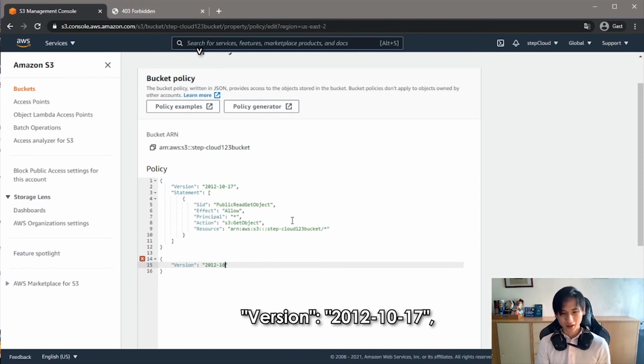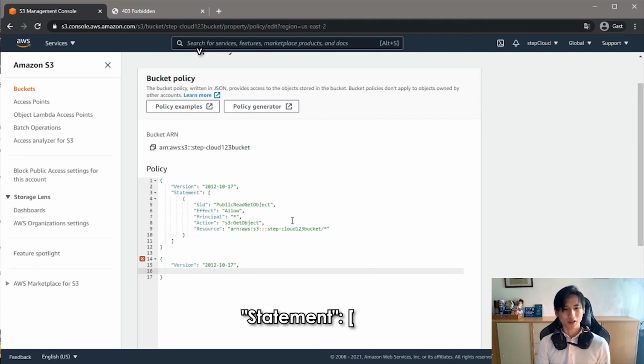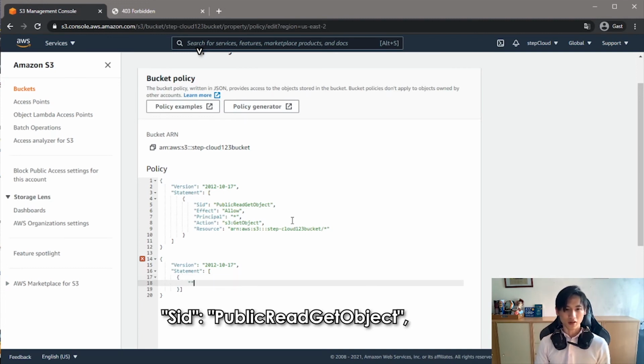It's when AWS started, basically. S3 is quite old, by the way. So Statement, don't forget the curly brackets here, and the statement consists of Sid, PublicReadGetObject,